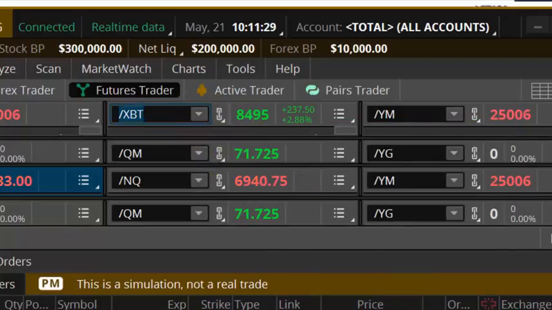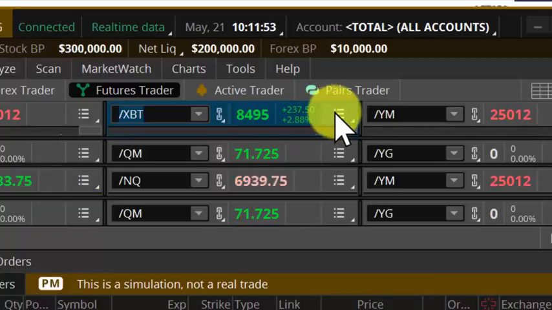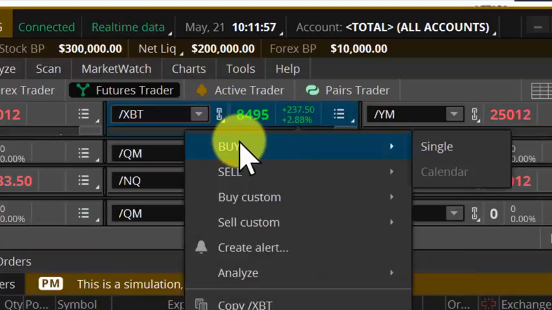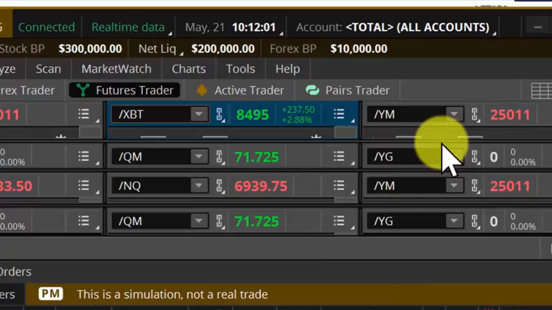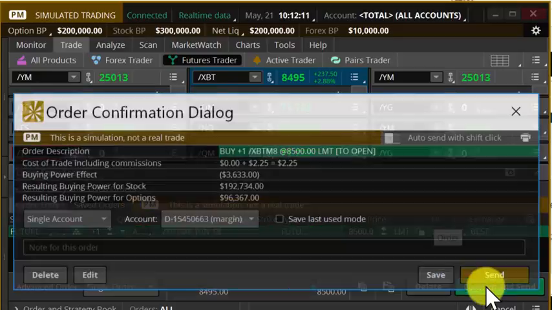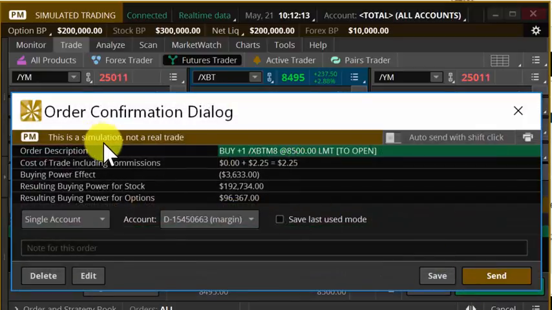Here on the bottom, well, you could go here, you click buy, and you could say buy single. So you want to buy one single futures contract. You notice at the bottom, this number changed to 8,500-ish. And so if you wanted to purchase this XBT, then you click the confirm and send button, and you look,